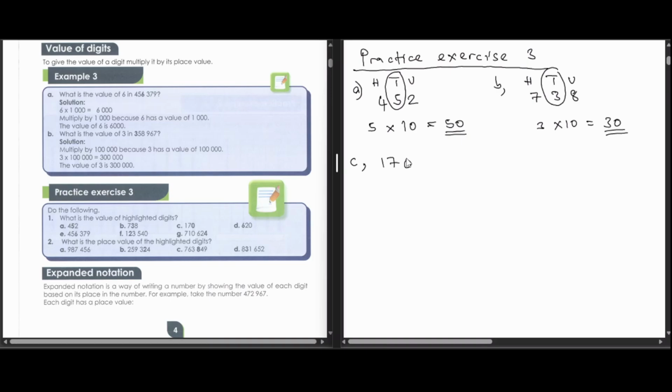170, but highlighted in this case is 0. Units, tens, hundreds. Saka ari under units. So it will be 0 times 1. Answer yedu ndi 0. So the value of 0 remains 0. Tikaenda pa D